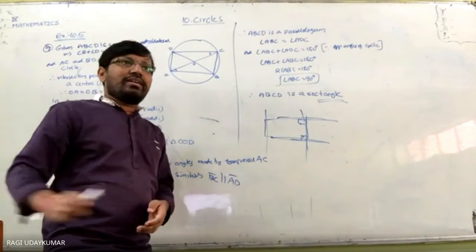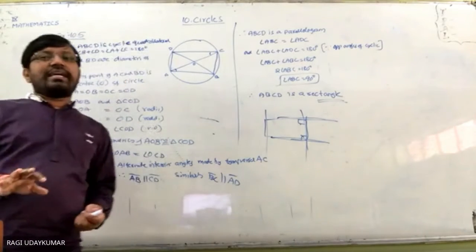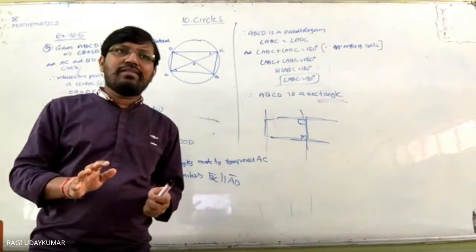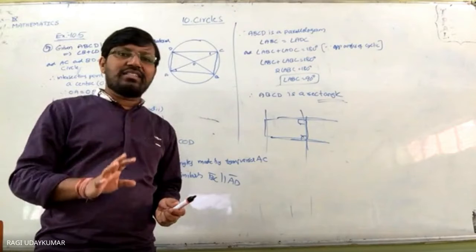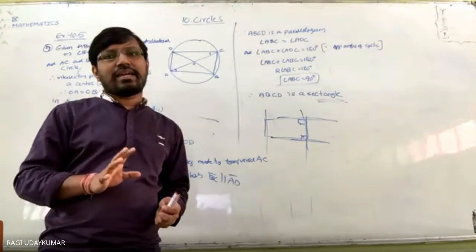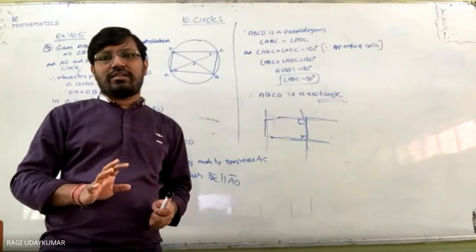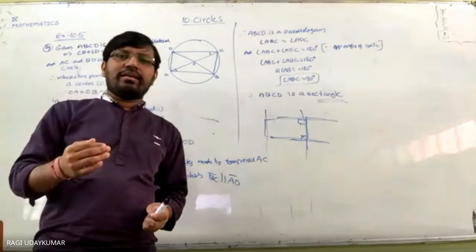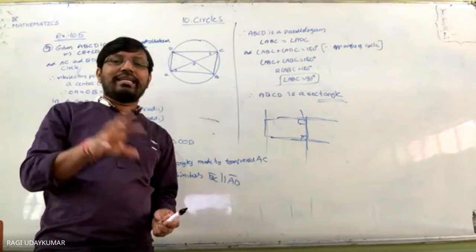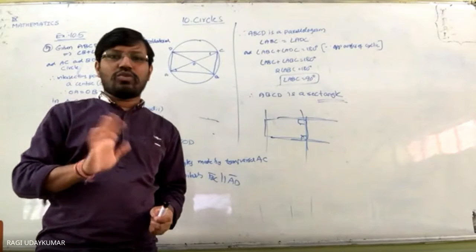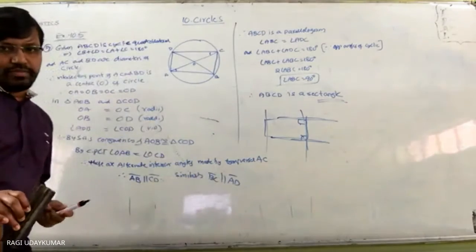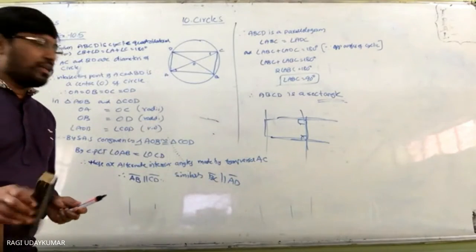But usually, yes, your question is right. If it is given in a question that a quadrilateral in which every angle is 90 degrees, can we say it is a rectangle? Yes, you can say rectangle. There is no such quadrilateral in which each angle is 90 degrees and which is not a rectangle. Okay, but better you prove like this one. Let us move to the next question.